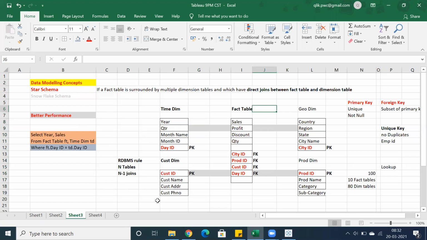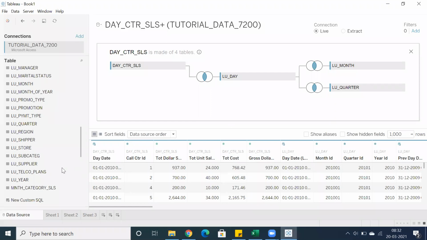But this is a very, very important concept. You have to understand the data, because if you're not aware of the data, concentrate on the columns. You don't worry about primary and foreign keys. In the worst case, we have to check whether it is a primary or foreign key. But in terms of Tableau, this is the flexibility you can see.